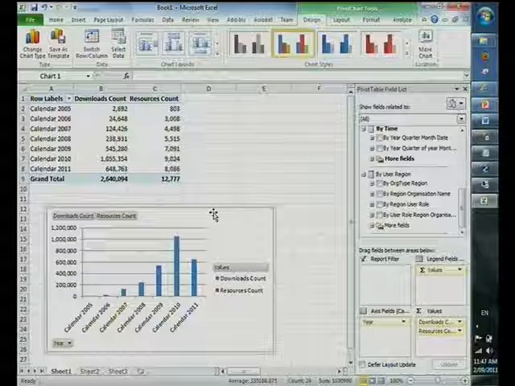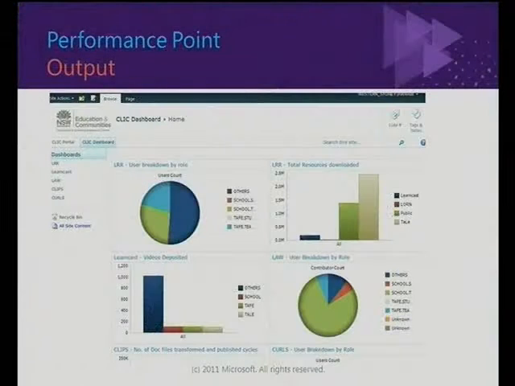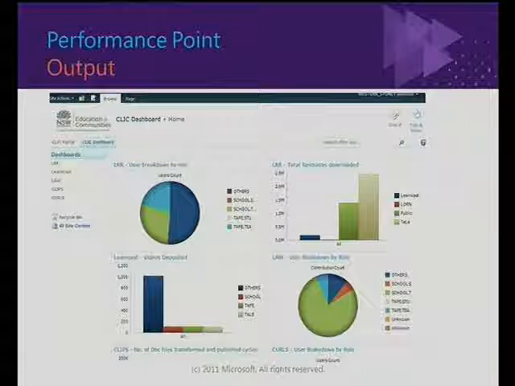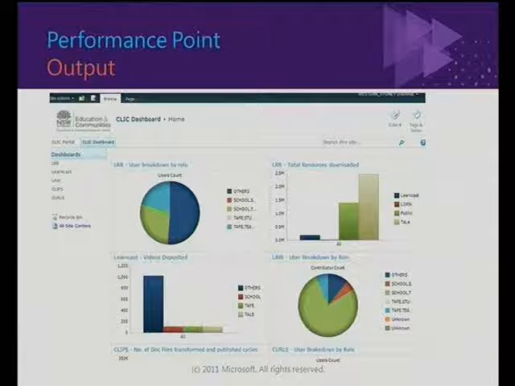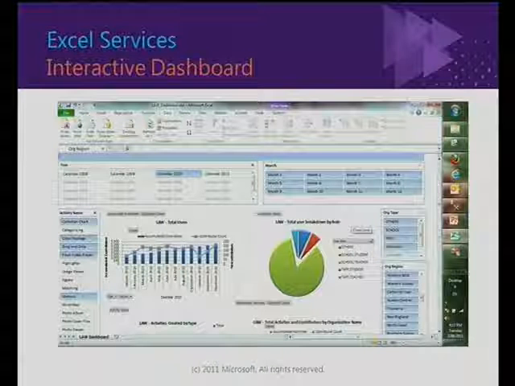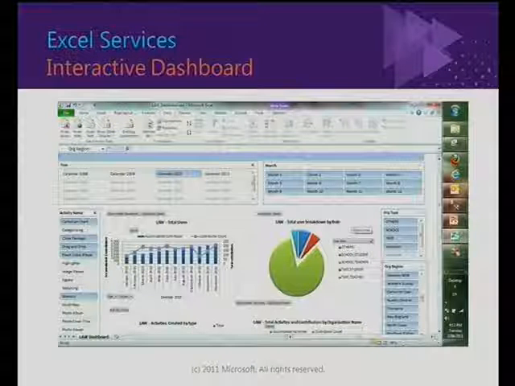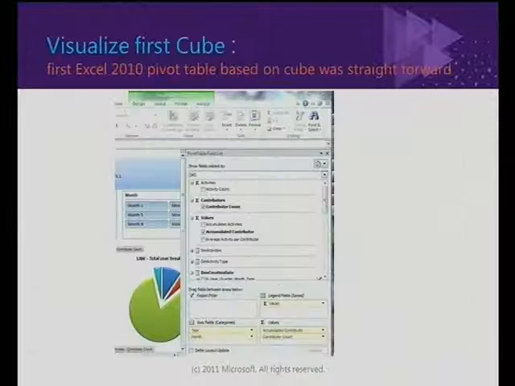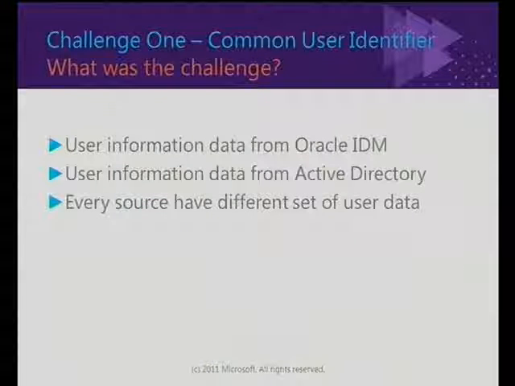We'll move on. I think that gives you a little snapshot of where we've come to and the solution that has been put in place for the department. Again, we had some backup slides just in case the demo didn't work, but I think it's worked. So we'll move on to the challenges, and we look at some of the